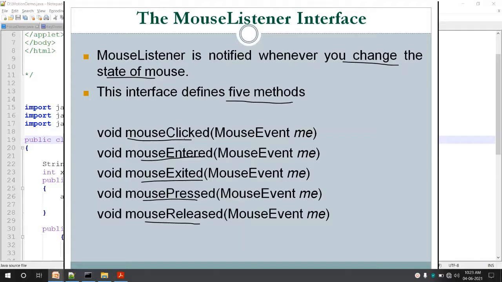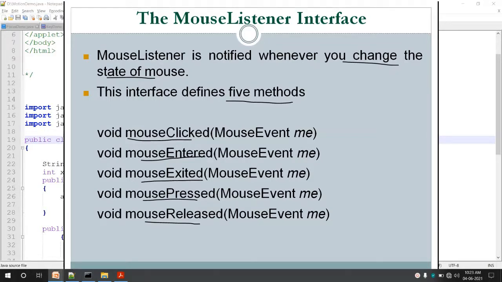Whenever you take your mouse cursor onto any object, say you have a button, and you take your mouse cursor onto that button, it will call an event called mouseEntered. So the method mouseEntered is called. Whereas mouseExited is called whenever you take the mouse cursor out of that particular component.